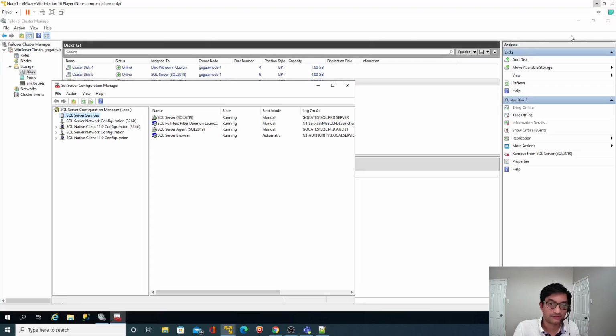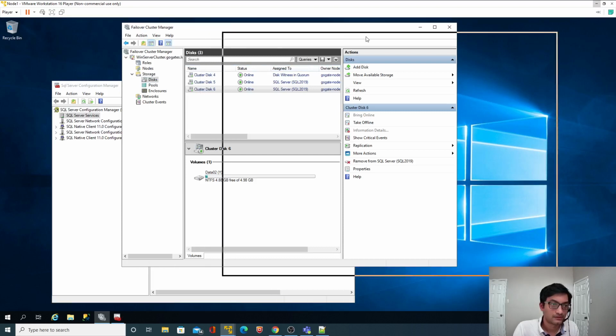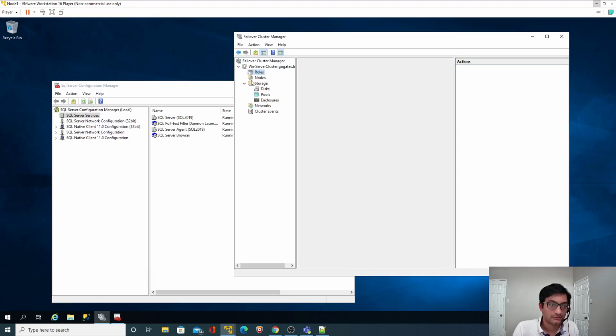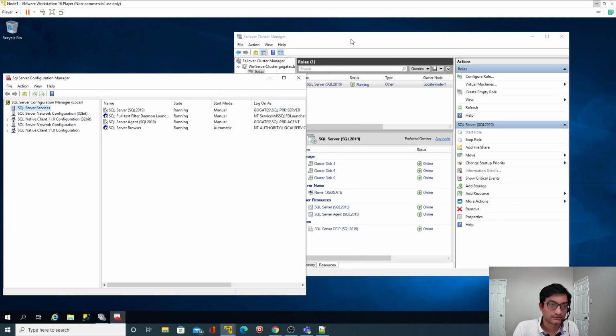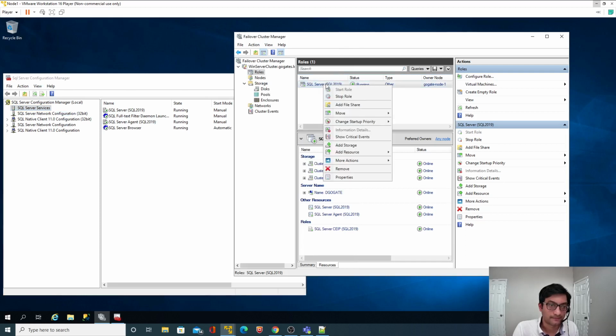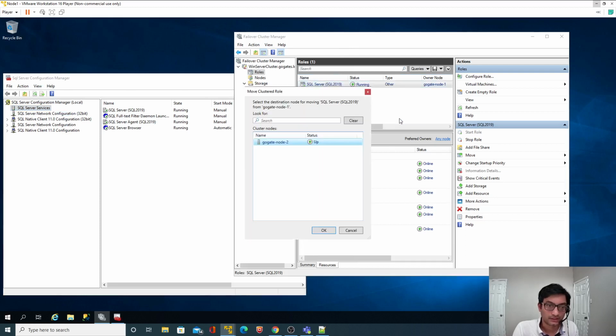All right, what I will do now is move that to node 2 again and we'll see what happens. Move, Select Node, node 2.